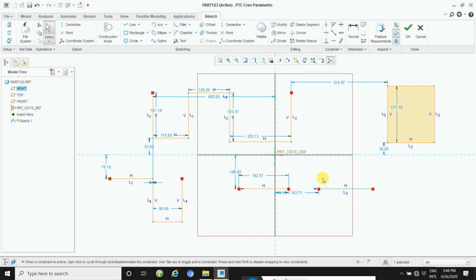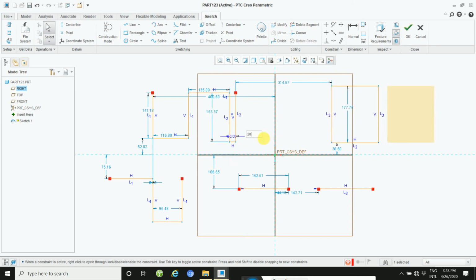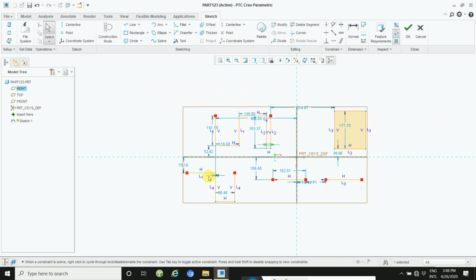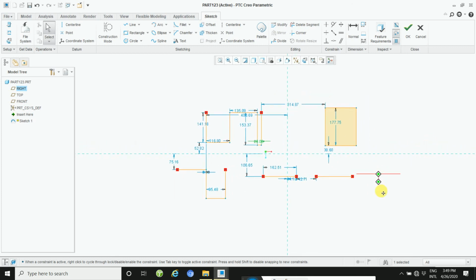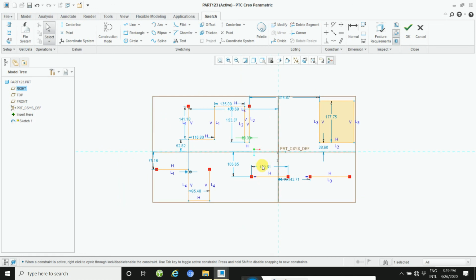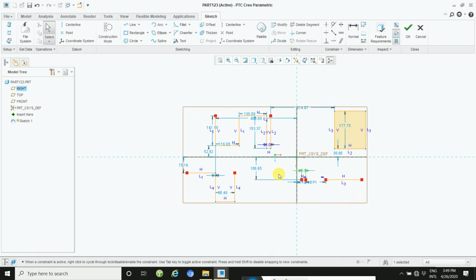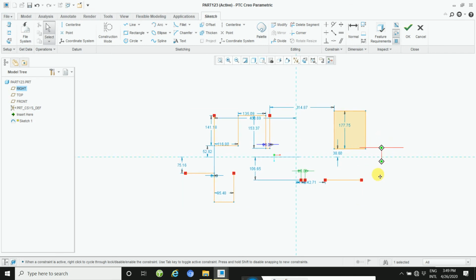If you want to change the length value, then double click on the given dimension as per requirement. If you want to change the value, click and then change here this way. If you want to change this value, click and then 20. This way your value will be changed.